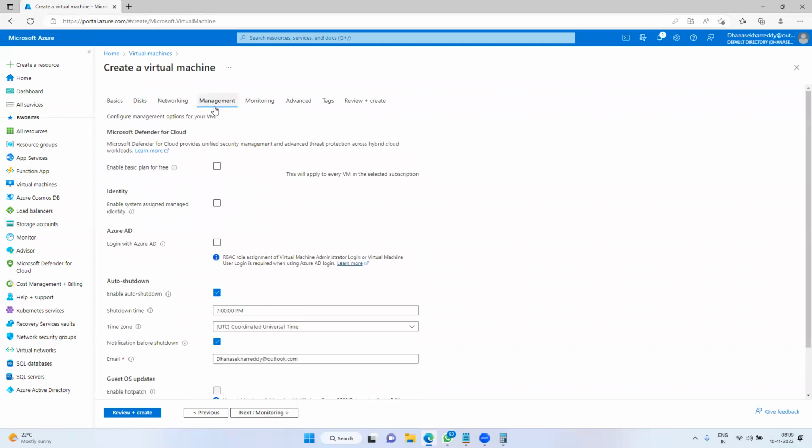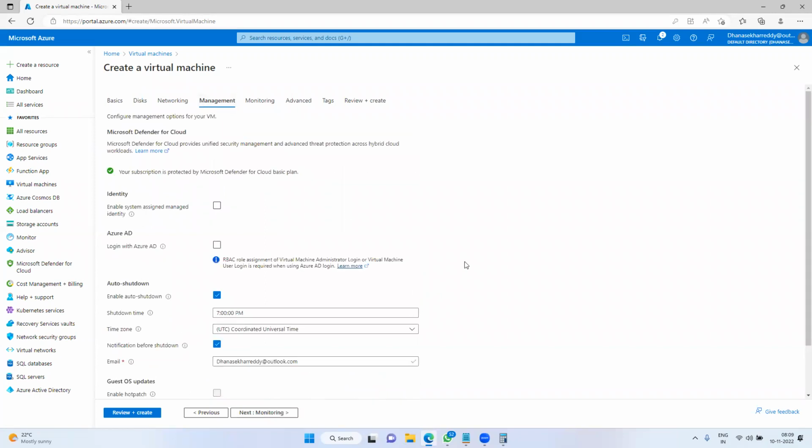Next, management. What is the management? Someone asked just 10 minutes back how we can manage the permission to access this VM within the organization. If you would like to add this VM into Active Directory, where we have n number of users, then based on their permissions we can provide the permission to access this VM.